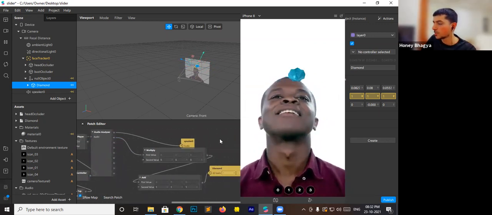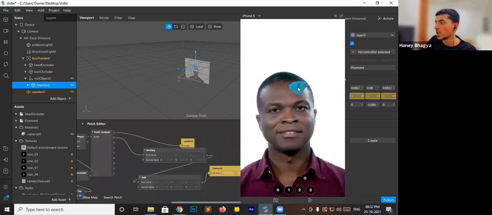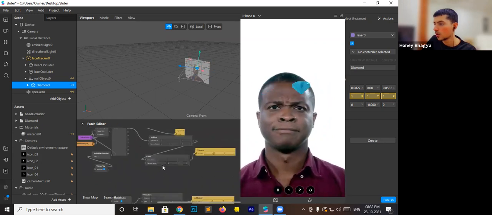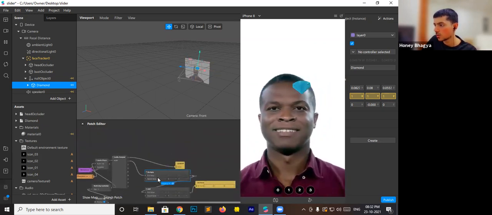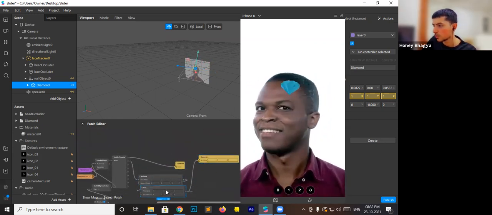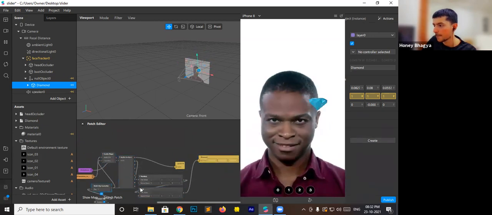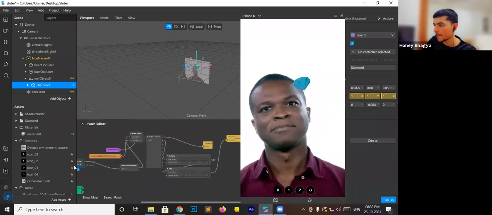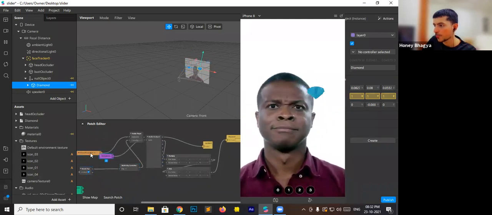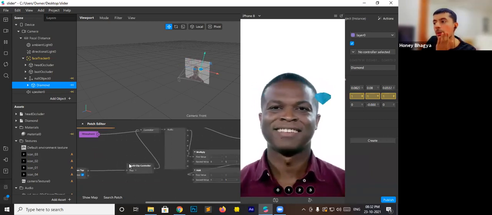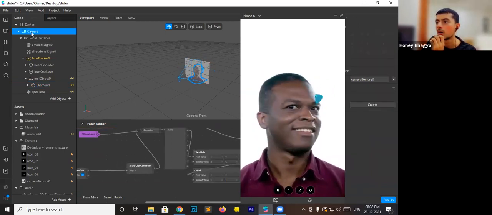Now I want the animation to occur smoothly. So we are going to create a transition patch here. You can also trigger the multi-clip controller patch by camera recordings.